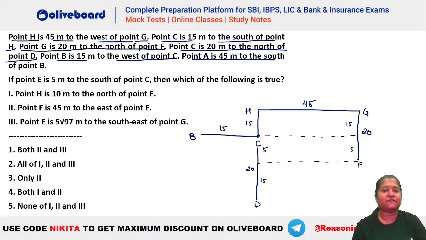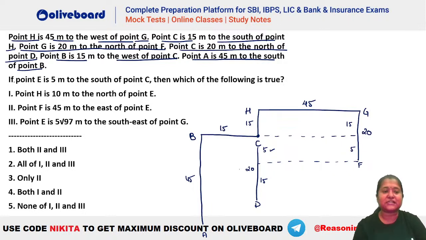Then A is 45 meters to the south of B. So A has to be 45 meters south of B. ये 5 है, ये 20 है, right? You can see, sorry, ये 5 है, ये 15 है, so 20 है total CD. So that means 45 will be very below, मतलब और नीचे जाएगा. ठीक है. So this is your point A. Let's say ये A है and this total is 45. ठीक है, कुछ इस तरह से डायग्राम आपका बनेगा.